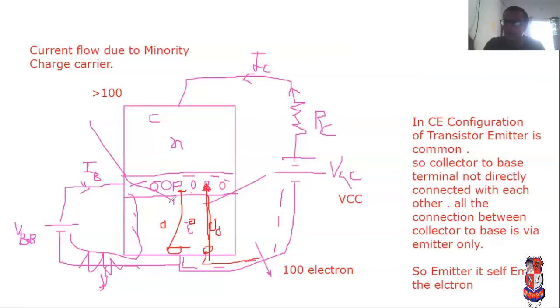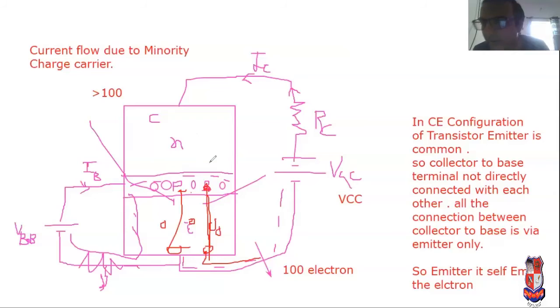Remember that point. In the entire circuit of a transistor, in any type of configuration, emitter current is always the largest. Collector current is always large compared to base current, but it is always less compared to emitter current. So it is known as common emitter configuration of a transistor. All the electrons travel via the emitter only. Remember that point, collector and base junction cannot be directly connected with each other. So it is the correct explanation regarding common emitter configuration.